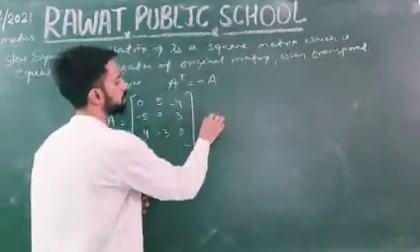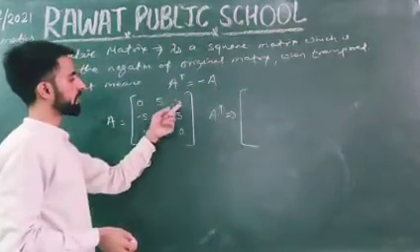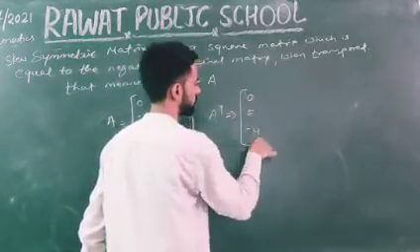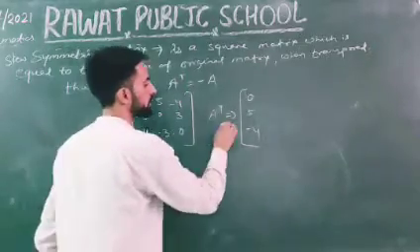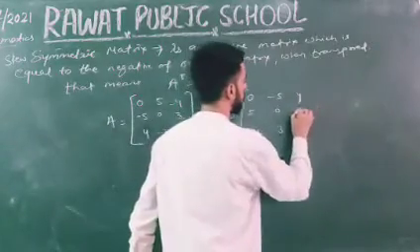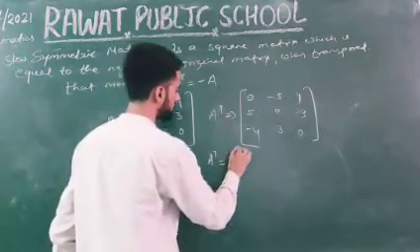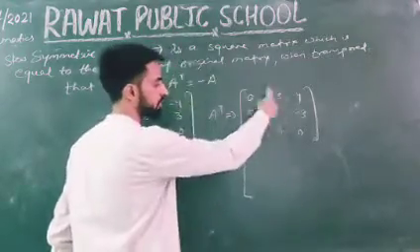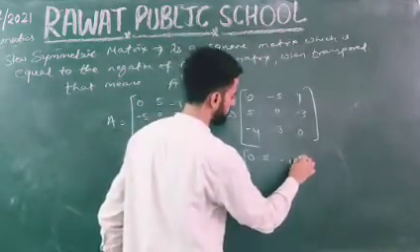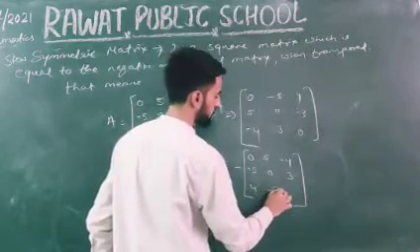Now let's transpose it to get AT. AT will be 0, 5, minus 4 as the first column. 0, 5, minus 4. First column. Minus 5, 0, 3. Second column. Third column: 4, minus 3, 0. Now if I take a minus common out of this matrix, in that case 0, 5, minus 4, minus 5, 0, 3, 4, minus 3 and 0.